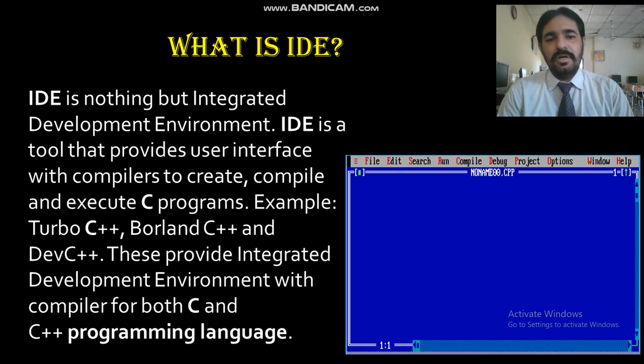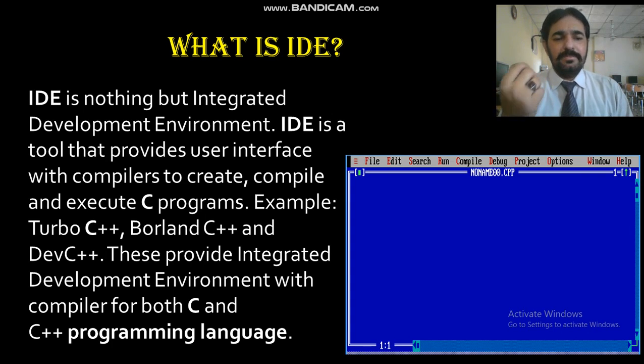First question, what is an IDE? An IDE is just a user interface, or you may say it's a whiteboard for you where you code your program. It's an interface with the compiler to create or compile your program.